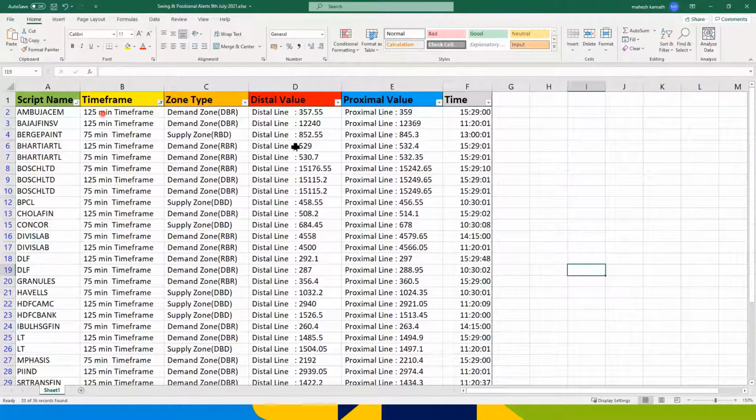Any other question? Let me just check. Parmeshwaran says that by the time we get the 15-minute alert on Telegram, the price action is already over at least 30%. How to make it effective? Parmeshwaran, any alert will come only after the zone is formed. So we are retracement traders. As a retracement trader, you need to wait for a pullback. The pullback may happen on that day or the next day.